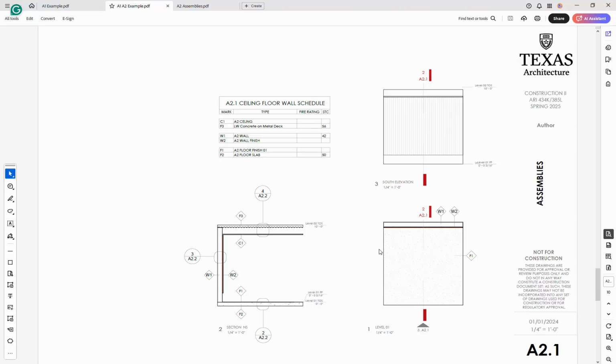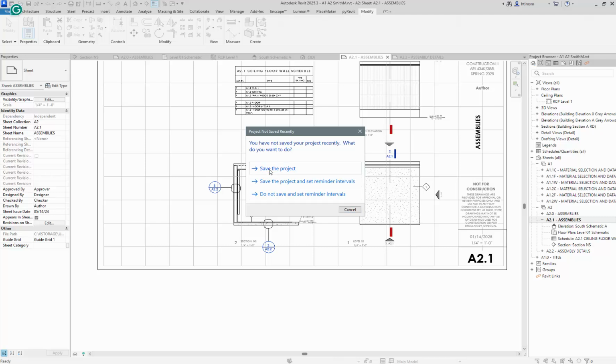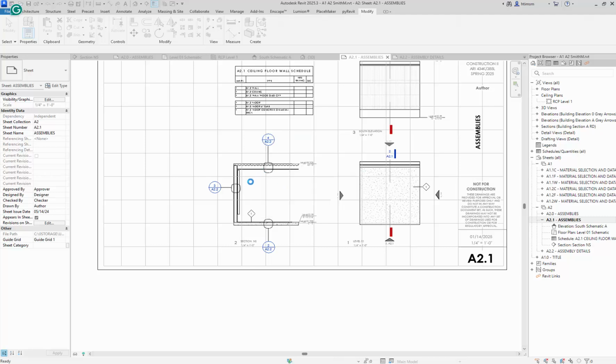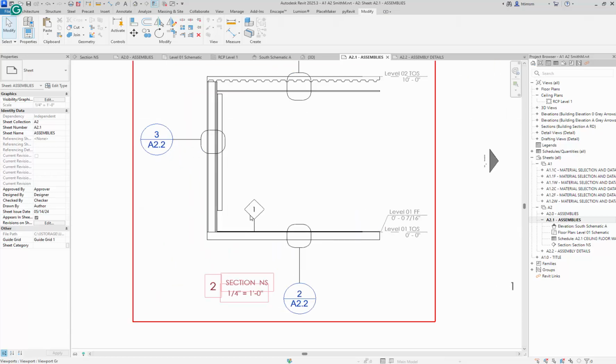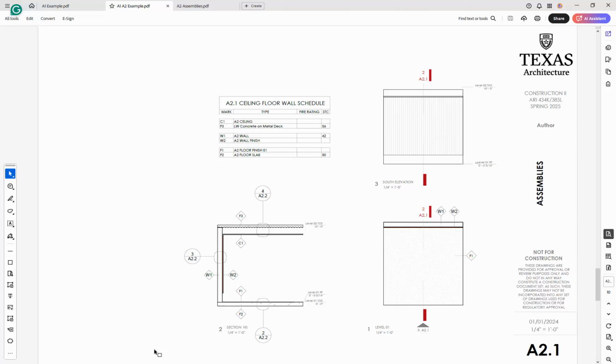So for the next part, we're going to tag these walls and floor that we've made with category tags. So in order to do that, the Revit file, and let's go back to our A2.1, sure, the project. What we want to do is add these little tags, and if you look at the PDF,